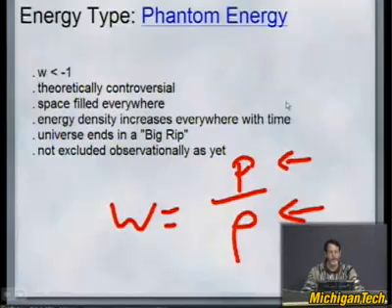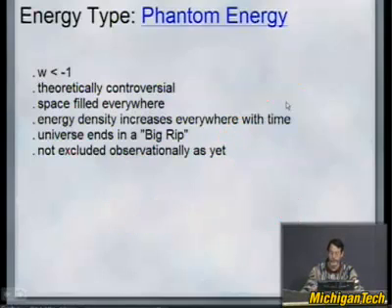If this is true, and we'll go back to this later, the universe would not end by just cooling off. It would end in a big rip where there's increasingly high energy everywhere in the universe. This is not yet excluded observationally right now. Astronomical observations, including supernovae and the microwave background, actually say this is a possibility, but not everyone takes it seriously because it's controversial. Not only is it hard to account for how energy can act like this, but it just seems pretty weird. And so most astrophysicists prefer more tame forms of mass energy in the universe.